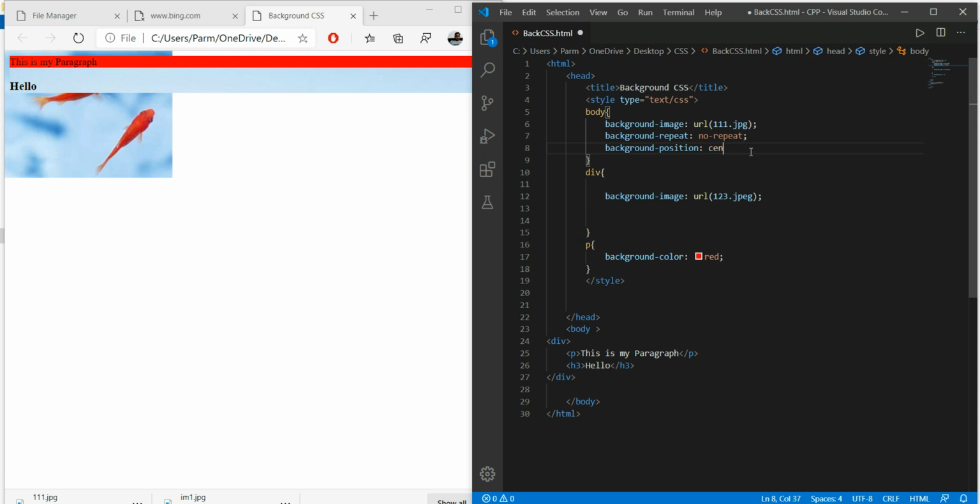So if I wanted to make it on the right bottom, I will write right bottom, save this.